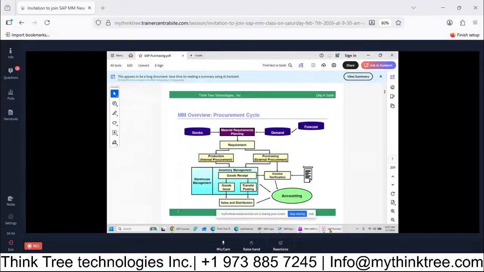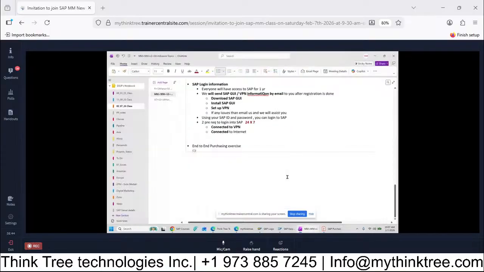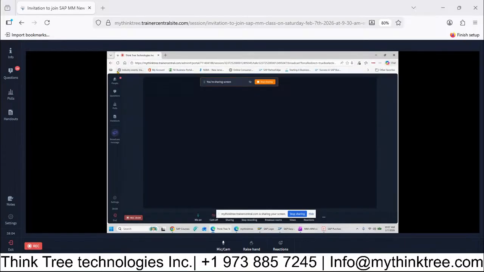This exercise, this flow. In this exercise, first I want to create a material. So I need to have a material, and that is the transaction code MM01. MM01. And then